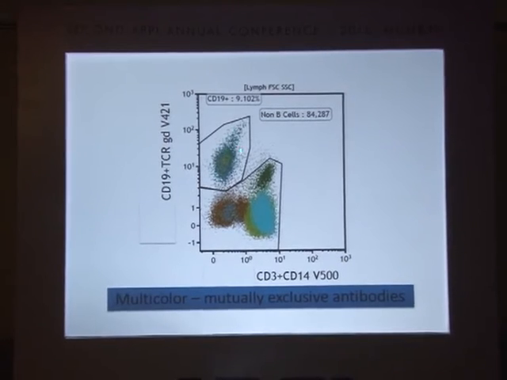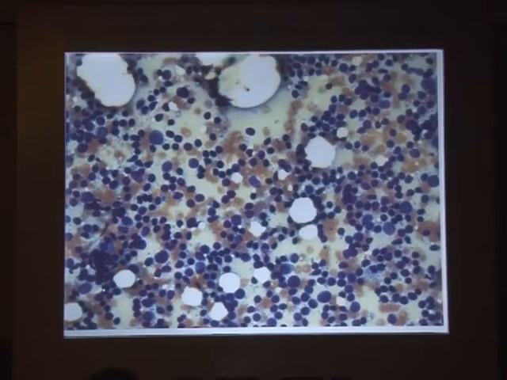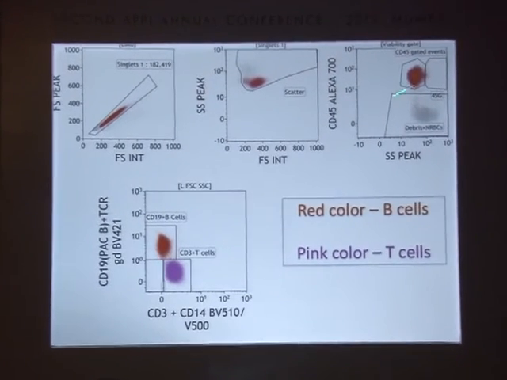So now you see how many populations? 1, 2, 3, 4. 4 major populations are there. So now if I have to study, these are the gamma delta T cells, because there are 3 positive for gamma delta from here, and 3 from here. These are CD19 positive B cells. And these are all T cells and monocytes mixed. And these are some other cells. So briefly, the first plot tells you this, then you do another plot, you can get much more information. Like I'll show you. Similarly, you can separate CD19 positive cells, and these are T cells. So red color cells are CD19 positive, and the purple are the T cells.